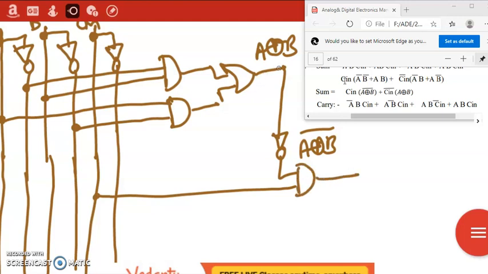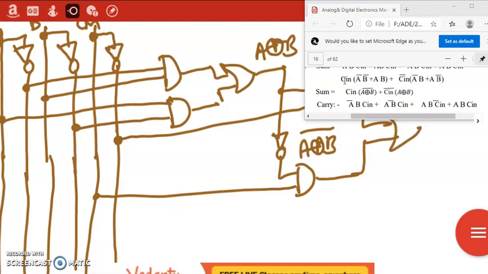Now here A XOR B multiplied with C in bar, so AND with C in bar. Get this. Both of these terms, do an OR operation. So you get the sum of the full adder. Carry, similarly you can do it for